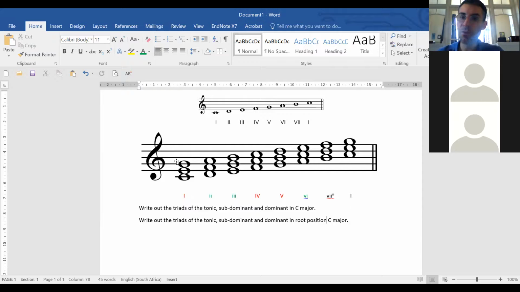Now I'll do the same for you for chord 4. So if we were to do chord 4 in root position, that's what it would look like. That's the easiest part, where it's exactly the same as on the chord table, right? In first inversion, we would need to put the A at the bottom of the chord and push the F up to the top. Do you see how I've done it there? A is now at the bottom. And if we were to do it in second inversion,